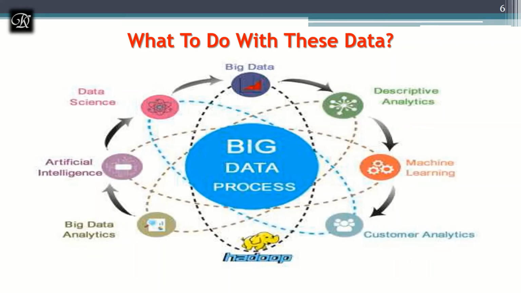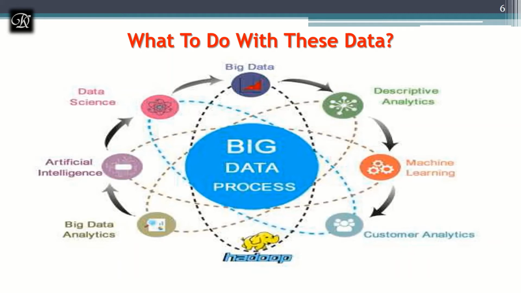Earlier, even when we had data, we had to invest millions and billions of money to analyze what has happened, what is going to happen, and what I can do with this data. But right now, because of the advancement in hardware and in the software frameworks and tools, whatever data we get in the world can be analyzed, and we can analyze it faster also, because we have high computing systems.